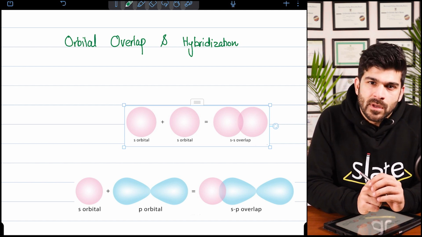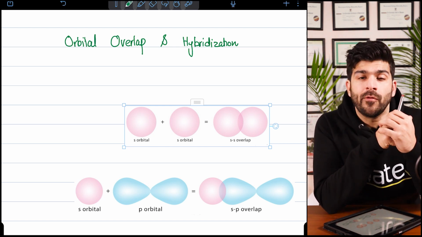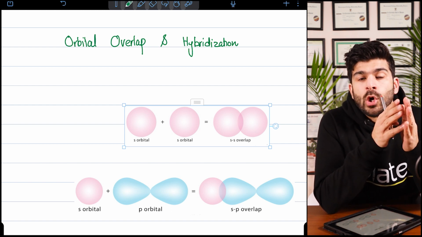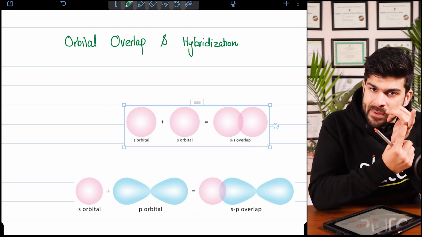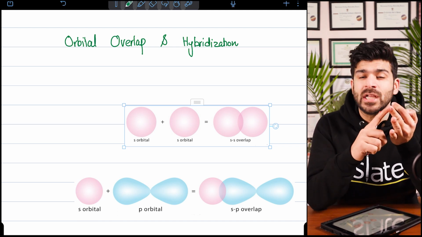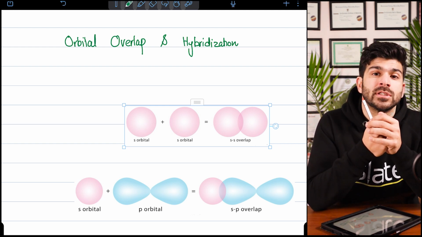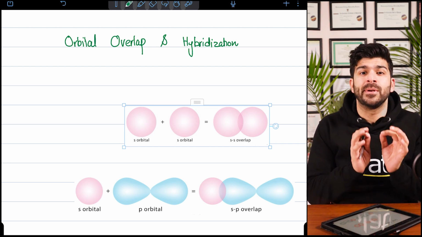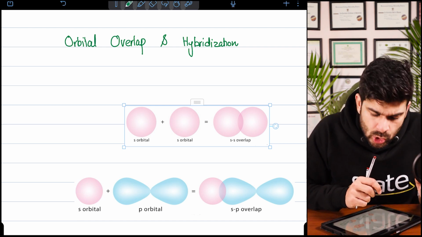Let's study chemistry. When we talk about AS chemistry, as I mentioned in the previous video, the topic of chemical bonding is there in the exam. It's a long chapter. It has intermolecular forces, bonding, hybridization, shapes of molecules, bond length, bond energy, and various reasoning-based questions from the intermolecular forces. But in today's video, we're going to talk about orbital overlap and hybridization. It's a very basic concept, but sometimes it confuses the students. So let's first talk about